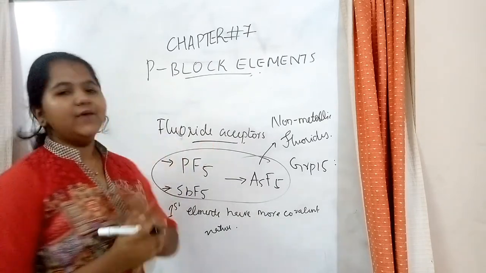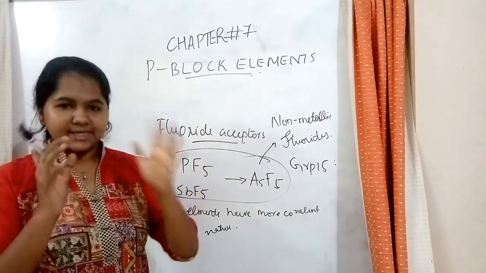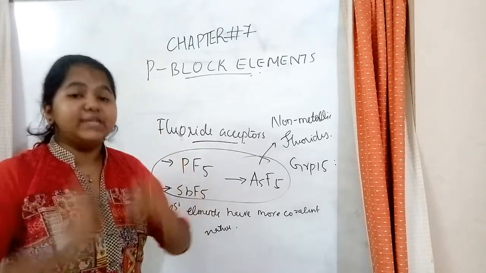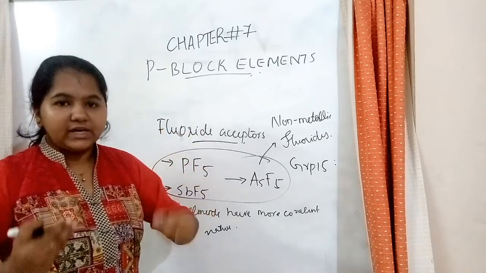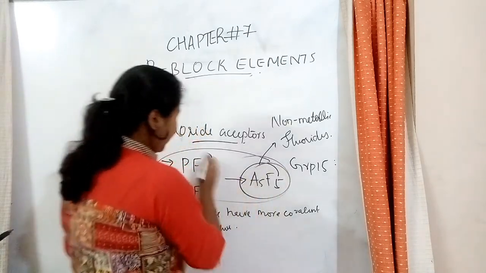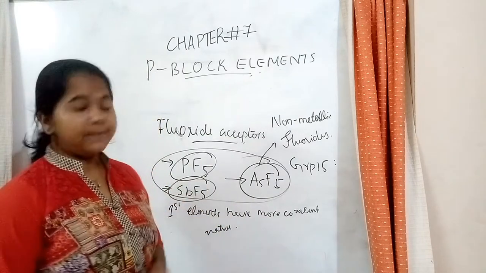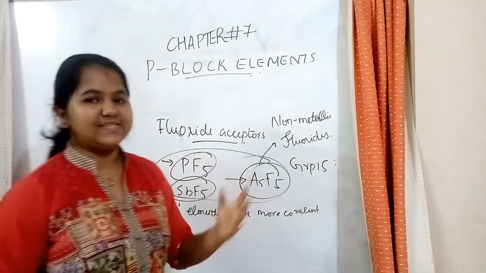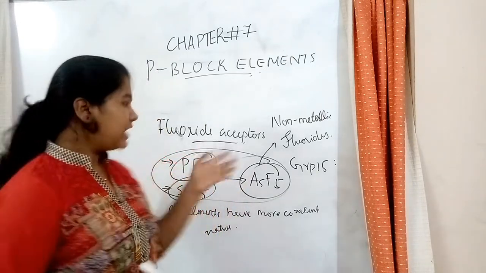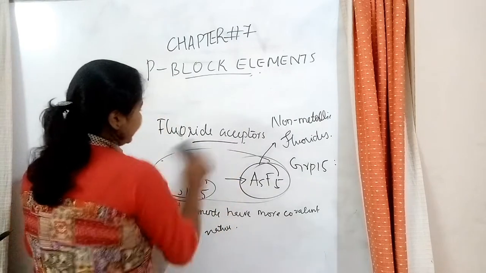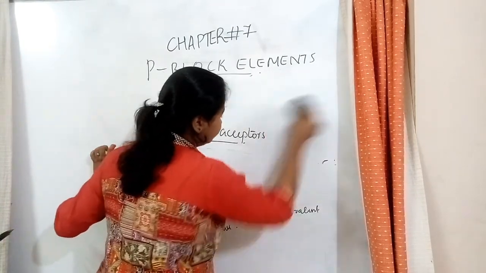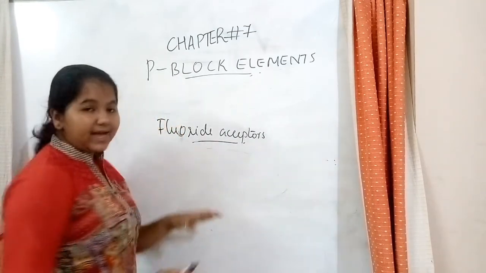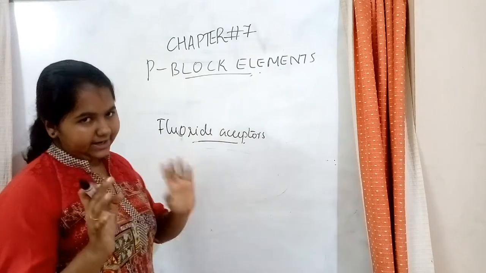Examples. Over here what happens is these xenon fluorides react with these fluoride acceptors. The xenon fluoride will donate one of its fluorine atoms and these compounds would accept them. So let's see. And when they accept, what do they form? They form cationic species. In the previous one we discussed anionic species. Now we will see cationic species. So let's write the cationic species. So as usual, what all are reacting? Xenon fluorides and fluoride ion acceptors.